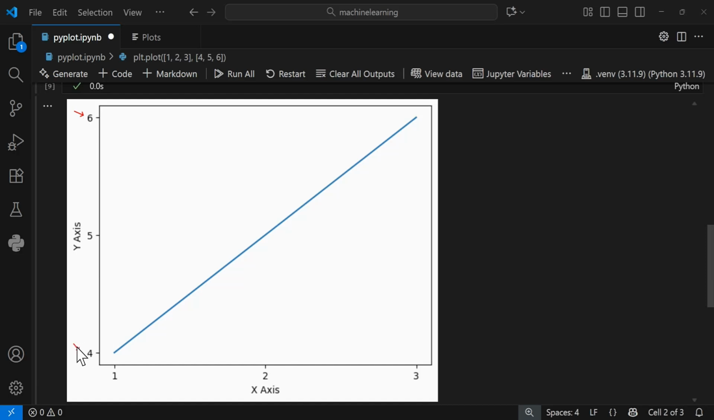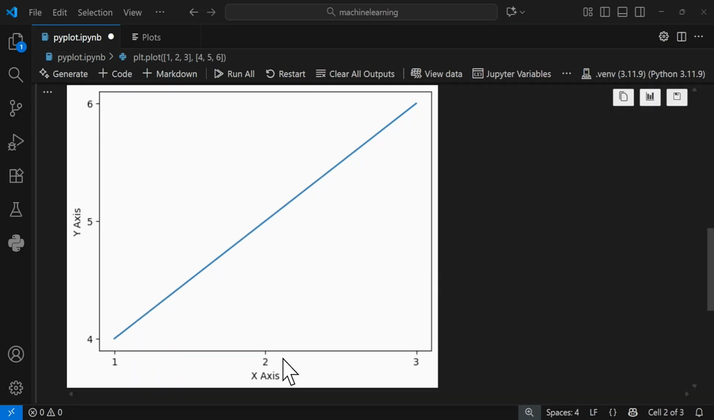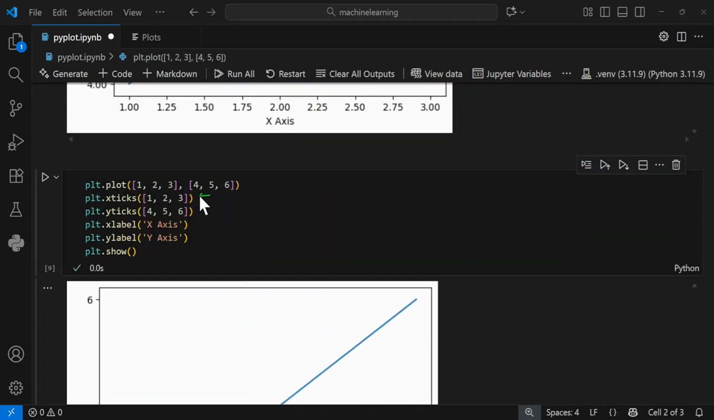We've got values 4, 5, 6 for this one, because that's what we specified. So if you look over here, we had 4, 5, 6, and that's what's been specified. So if we go down here, and for the x-axis, you can see we got the values 1, 2, again, because we specified 1, 2, 3 there. So you can use the xticks method over here and yticks method, and these allow you to have the right